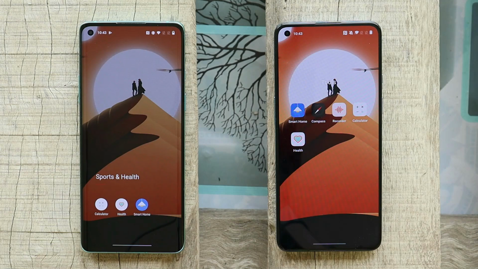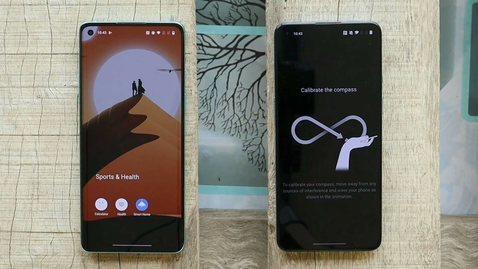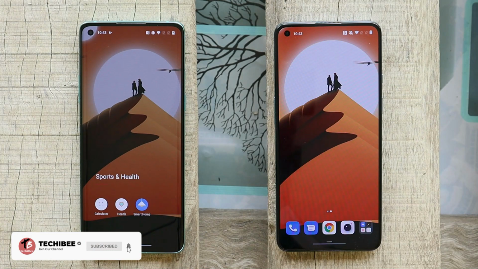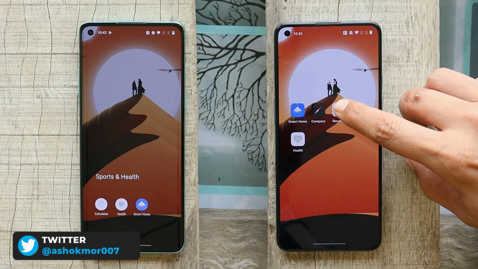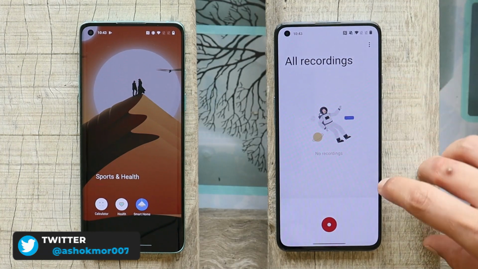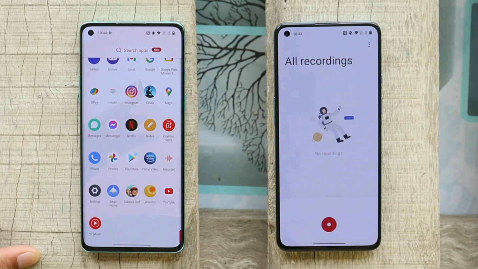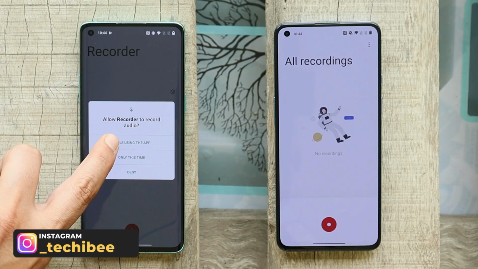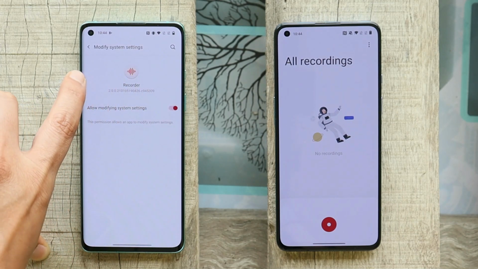And if you guys have ever used Hydrogen OS, you must be aware of the Compass application which comes pre-installed on that. I tried installing it on my OnePlus 9 running OxygenOS 12 and the application did work fine. Also I installed it on OxygenOS 11, but there this application keeps crashing. And the same thing goes with the recorder application. This is the recorder application from OnePlus 9 RT and it did not get installed on OxygenOS 11. But let's take a look at the difference between both the applications, which is the OnePlus recorder application and the recorder application which we get to see on OnePlus 9 RT.